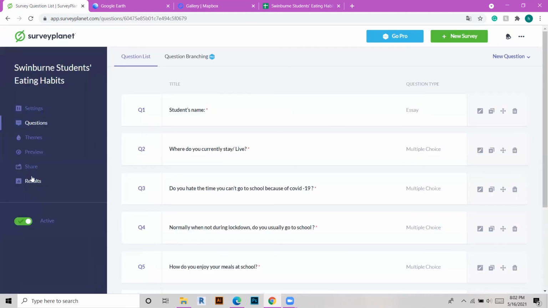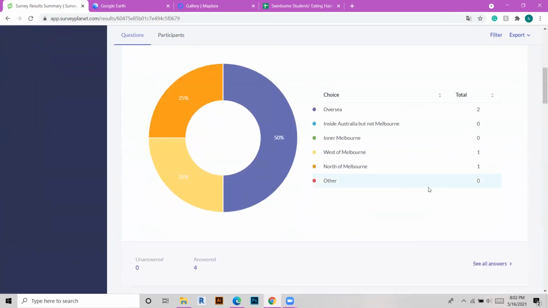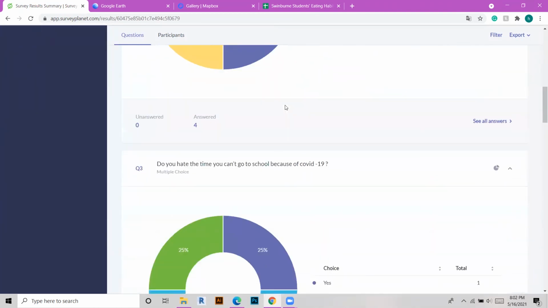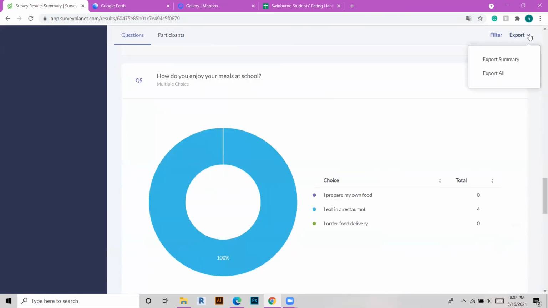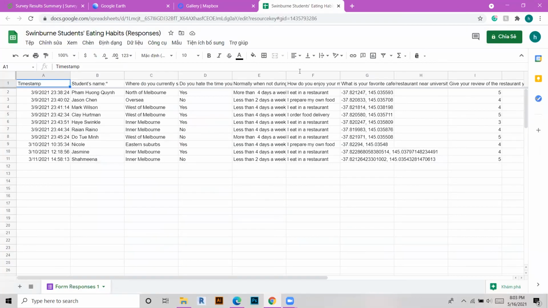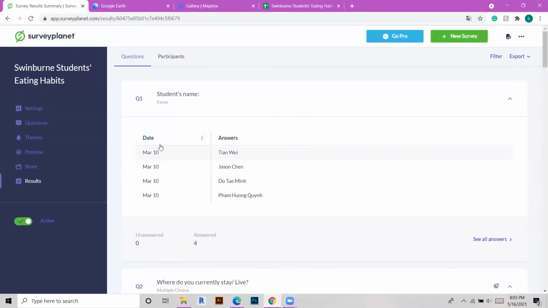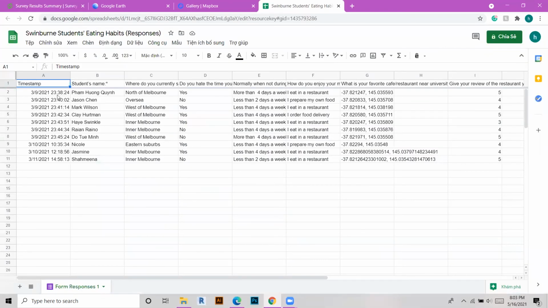So we don't have surveys from people yet, but you can see in here some people answered my question and they have results. They show the results per question, the follow-up question, and also a bar chart. To export and show on the map, you click on export summary, but it requires a pro feature. So that's why I created the Excel file by myself, using the numbers and answers copied from SurveyPlanet in here. I created it in Google Sheets. By that, I can export it